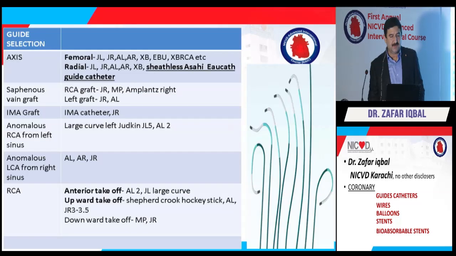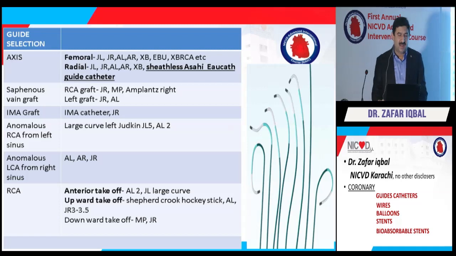Regarding guide selection, it depends upon the access. Basically, it depends upon a lot of things, but if you can summarize it, it depends upon the access, the vein grafts, the arterial grafts, the LIMA, and the anomalous origins of the different arteries. Our common access is femoral and radial. For both accesses, the same guide catheters are used, but with a little difference of